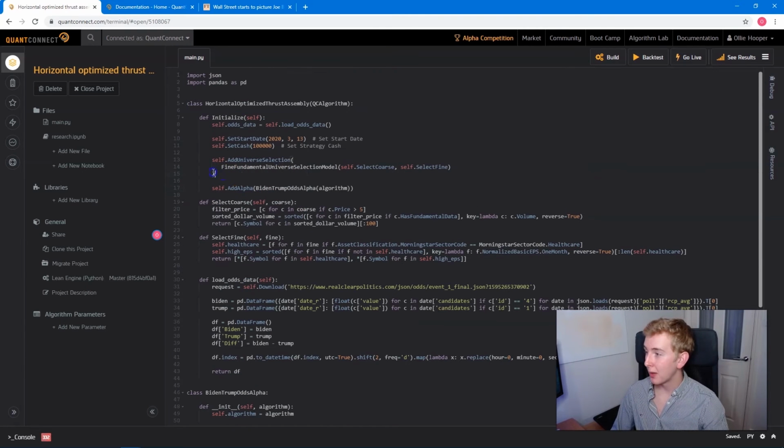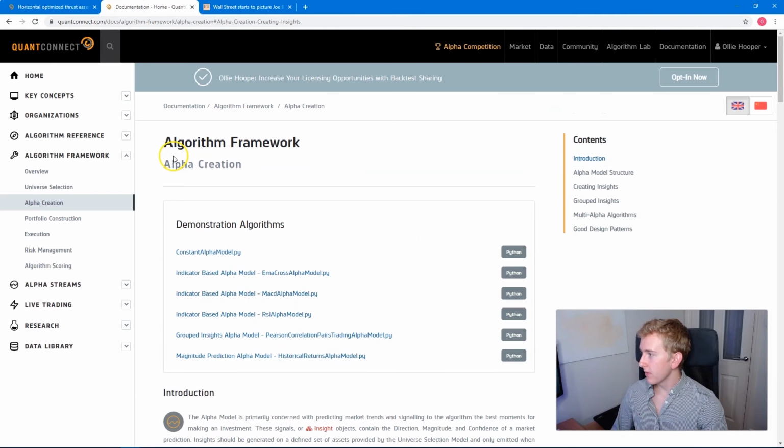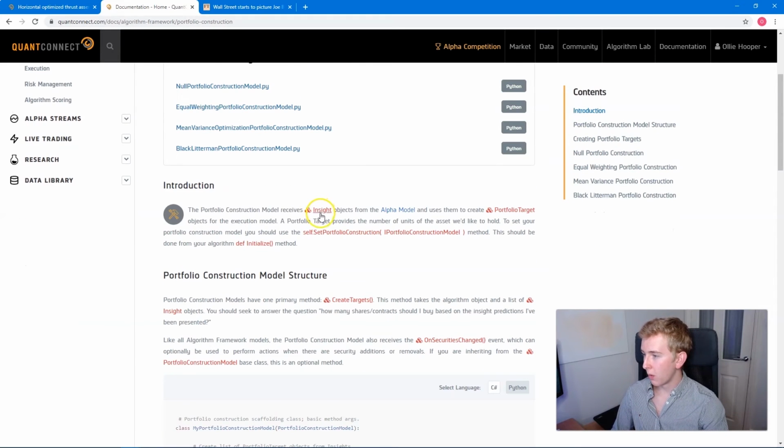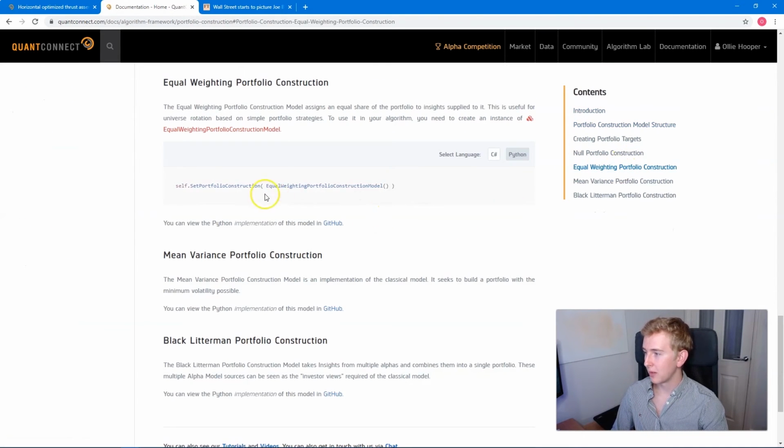Okay, so we've done our universe selection and we've done our alpha model. Now let's look at what's next. So algorithm framework, we've now got a portfolio construction. We're not going to create a custom portfolio construction, we're just going to equally weight these insights. So what we're going to do, go down to equal weighting portfolio construction model, and we're just going to take